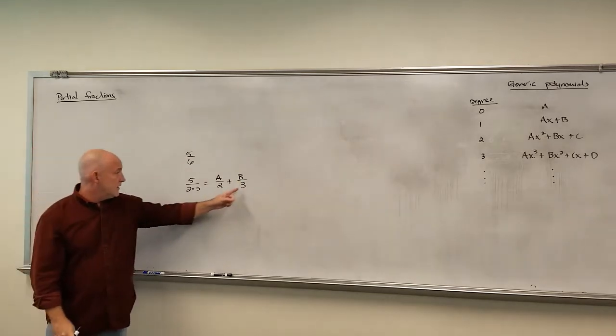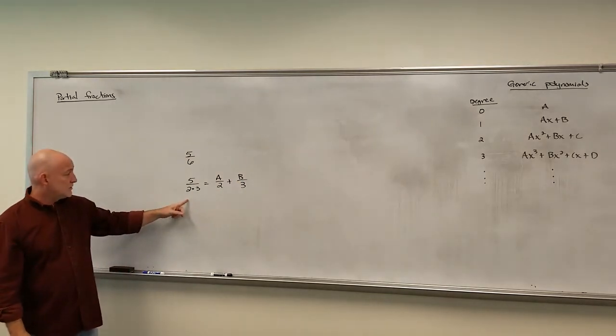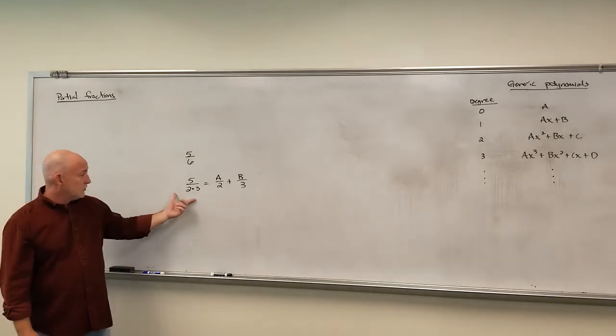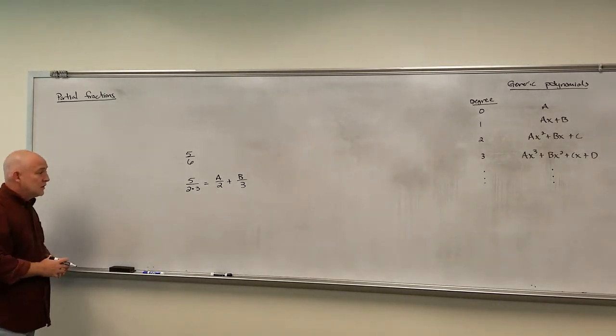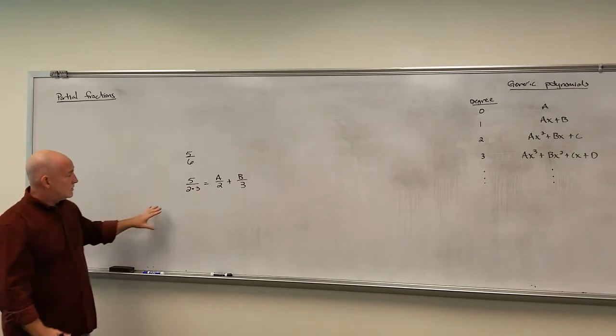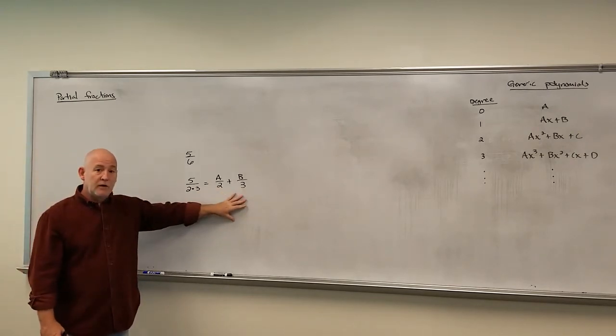Because the least common denominator would be 6, so it's reasonable to assume that I should be able to do that. So the question is, once we have a fraction, can we actually figure out how to break it apart,